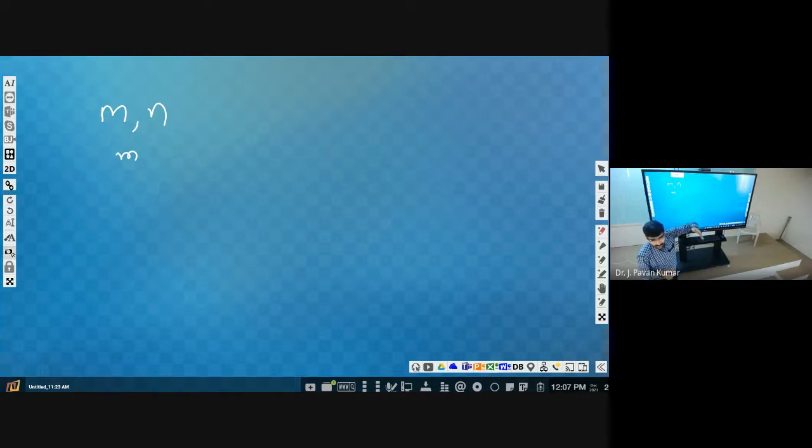The input will be m and n. So 2 elements we will be taking, not a list as the input. For numbers from m to n, we need not ask the user what the next number after m will be. After m, we will definitely get m plus 1. That's why we need not take all those numbers. Just knowing what m is and what n is, that's enough.